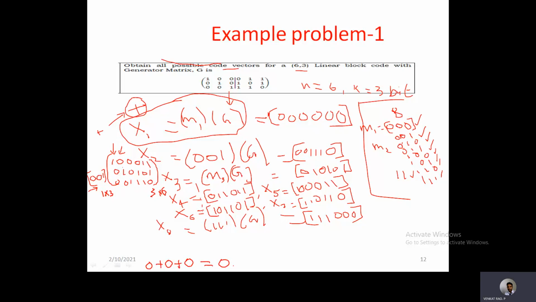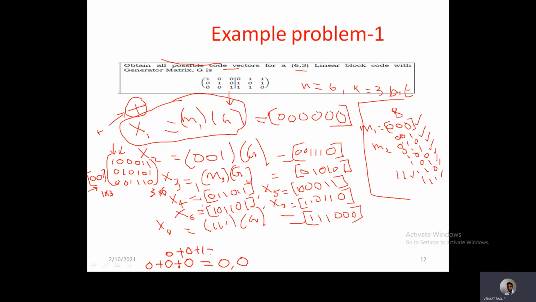Similarly, the second element will also be 0. And the third element, let us see. When this row is multiplied with the third column, 0 into 0 is 0, plus 0 into 0, again 0, plus 1 into 1, that is 1.